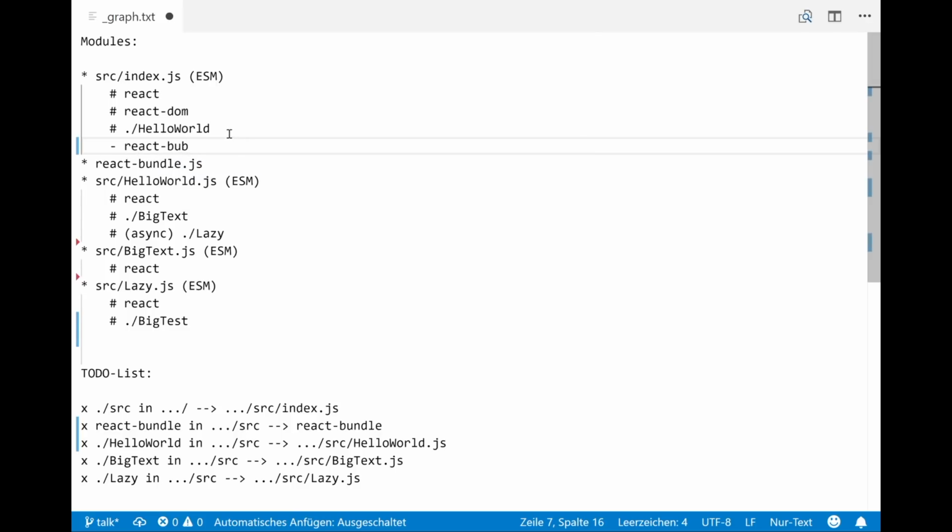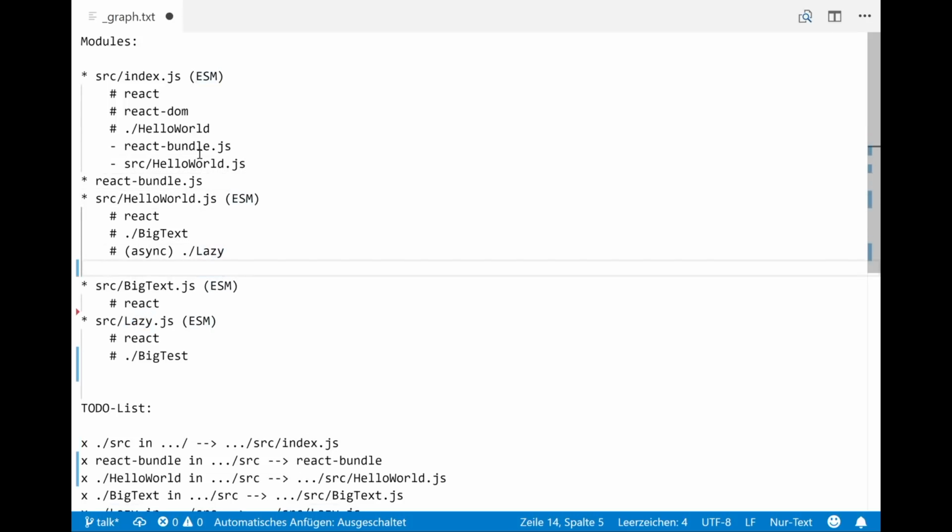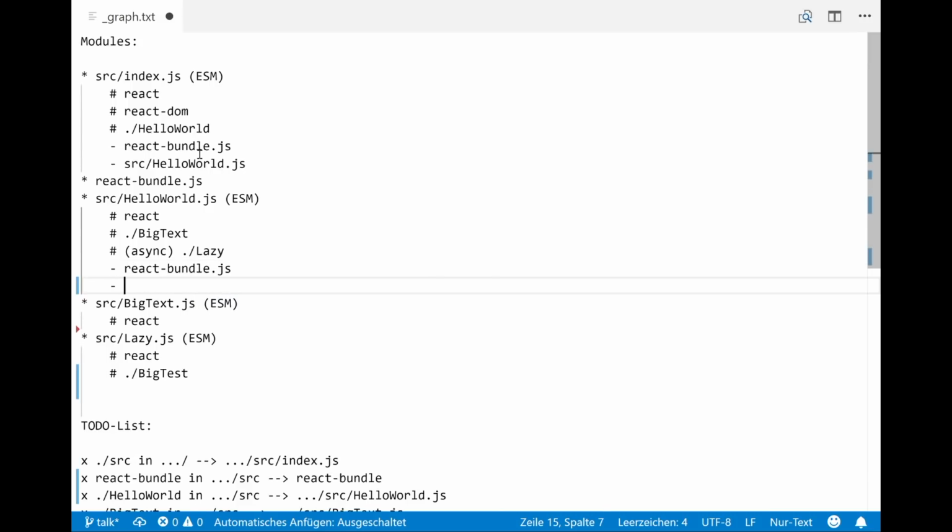This is all the pre-resolved stuff, and now we note the actual modules. So we have this one, and we have source.hello.js, and it has no dependencies. This one has React bundle.js and big text.